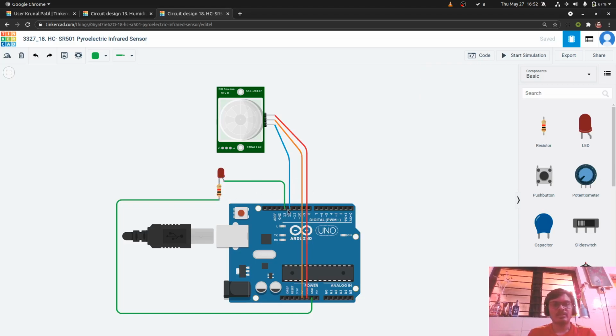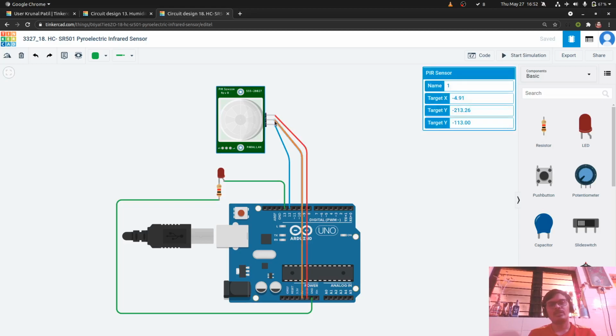The connections are: the 12th pin of the Arduino is connected to the signal pin of the PIR motion sensor, and it takes the input and processes it in the Arduino, and based on that the LED glows. One end of the LED is given to pin 13, and the other end is given to ground. The remaining two pins of the PIR sensor, one is given 5 volt supply and the other is given ground.